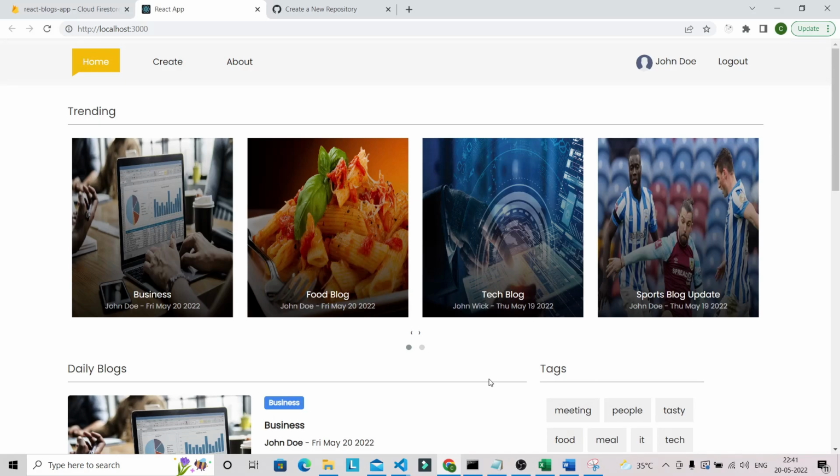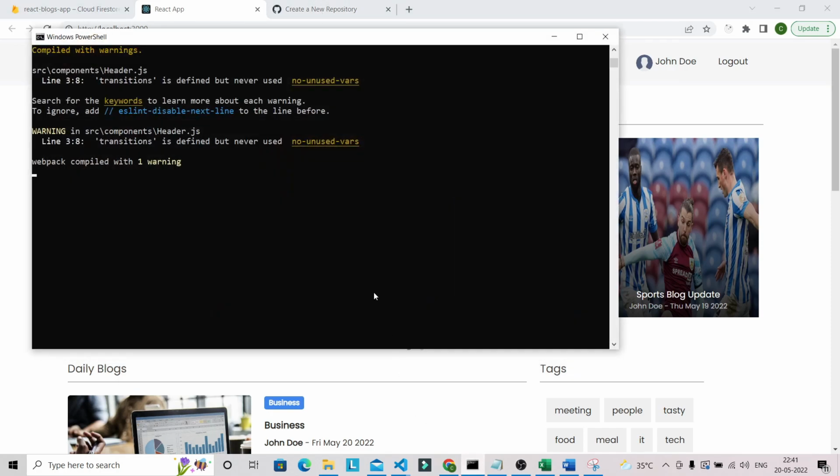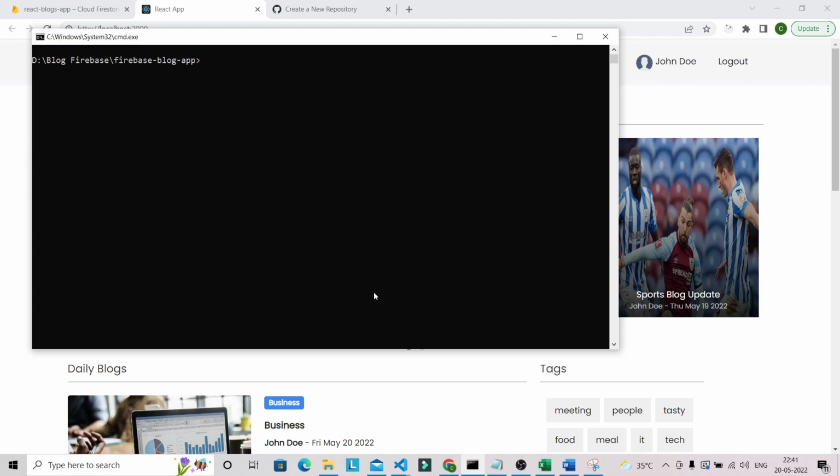So guys, it's time to deploy our app on Firebase. Before we do deployment, I wanted to push our code to GitHub repository. Okay, so let's open this terminal, and first I wanted to generate a build folder for this project. So I'm just going to run here npm run build,